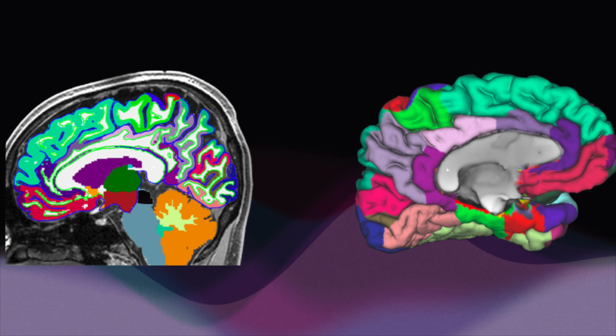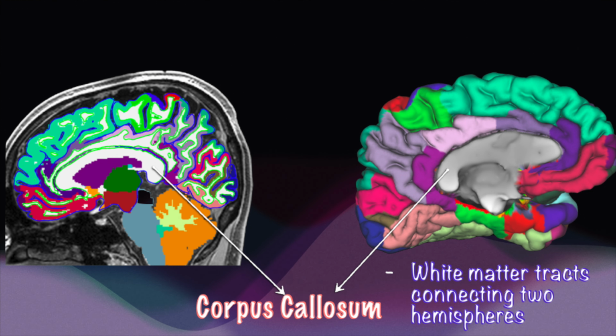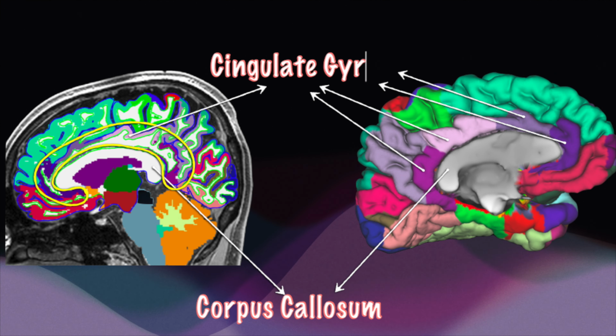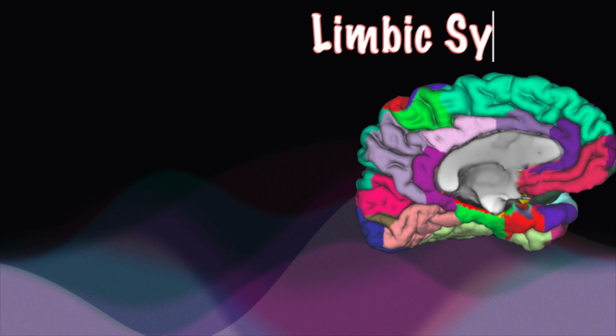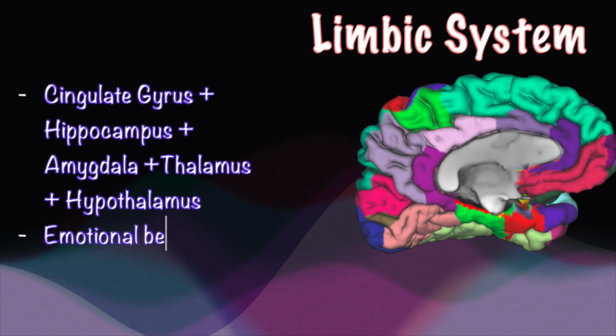On the medial surface, you can see this C-shaped structure which consists of a thick bunch of white matter tracts. They connect the two cerebral hemispheres and are called the corpus callosum. Superiorly, parallel to the corpus callosum, is the cingulate gyrus. Together with the hippocampus and amygdala, this structure forms the limbic system, and the limbic system is extremely important for the emotional